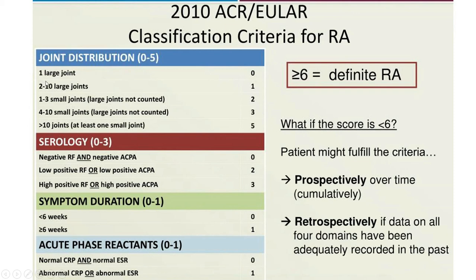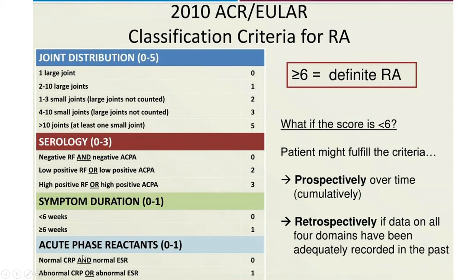You have to count. As per count, they will be counted as a point. More joints, more points. Now, you have to see the serology. If the RA factor and anti-CCP and RA factor are highly positive, low positive, or very high positive, as per this positiveness, you will give the number. Okay, and how many days is the complaint, less than 6 weeks or more than 6 weeks? If more than 6 weeks, then it will count a point.